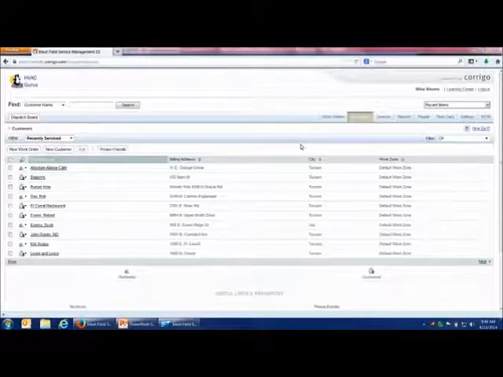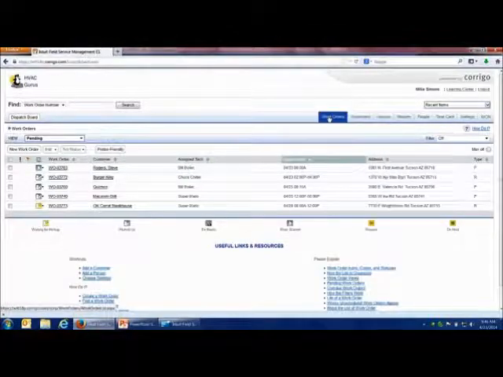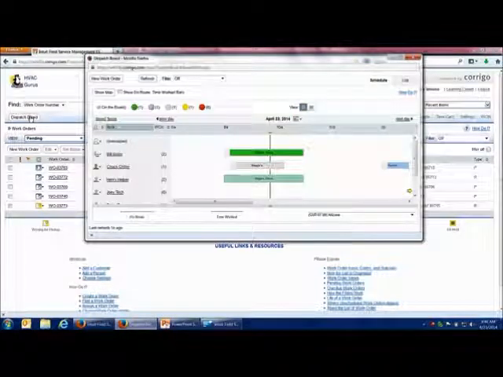I'm logged into apps.com as Mike the manager. I'm starting at the work order list view. Much of the time, you'll launch the dispatch board like this, which gives you a bird's eye view of everything that's going on. I'm going to go full screen here, all at once with a schedule view, a list view,